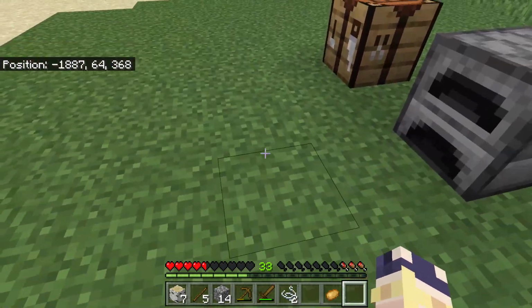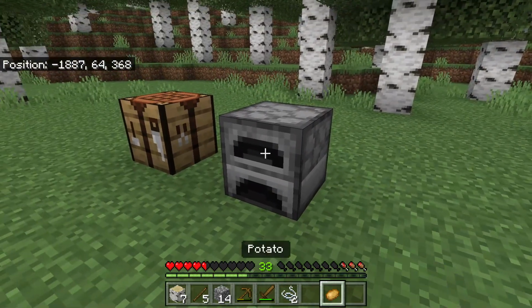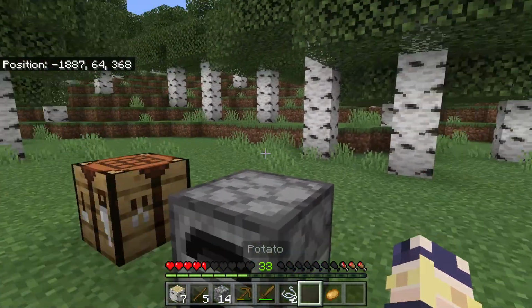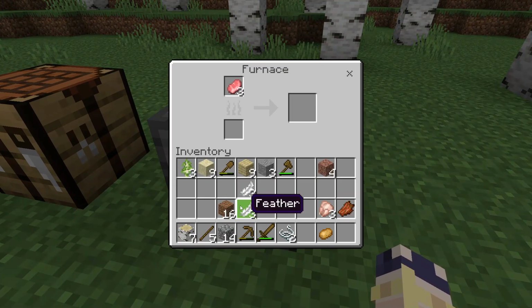You can do lava buckets, kelp blocks, a lot of stuff. Right now we don't have a lot. We're kind of barely getting by. However, one thing I love for early game fuel,